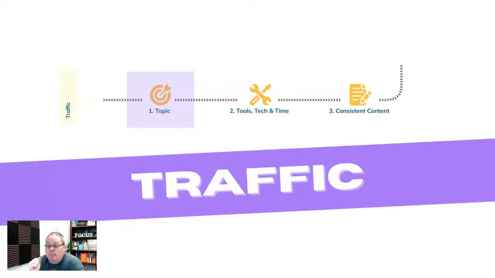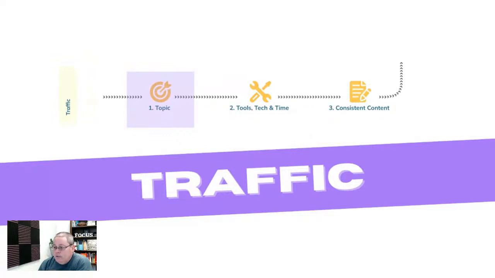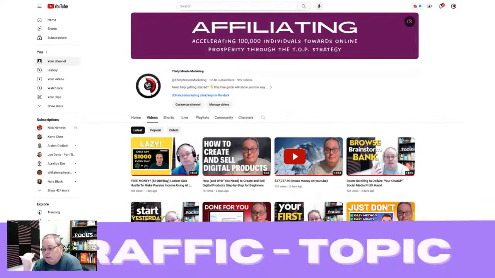And the idea and the concept here comes back to not so much focus on a niche, but picking a topic and going deep on that topic. And then when you create helpful content on that topic, it's going to sort of discover the niche for you, with the idea and the concept of a niche being a group of people that have a similar problem that you can solve with your helpful content. So that's step one. And simply, step one of traffic is to pick a topic. And that's one of the things that you do in the first step. And it's just that simple. Pick a topic. It's just that simple.